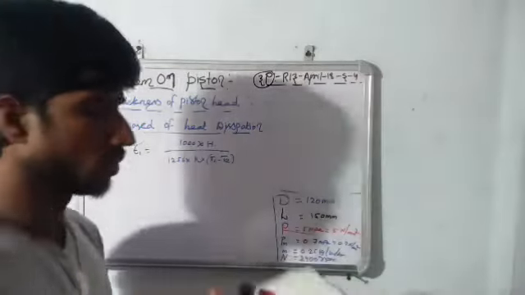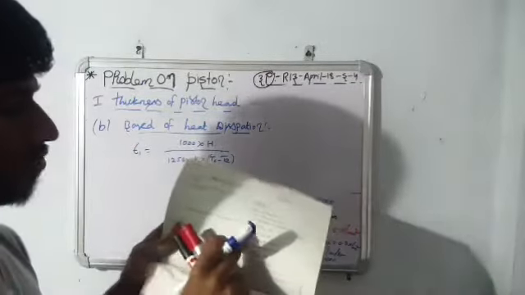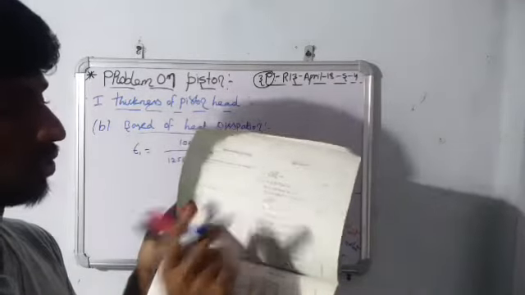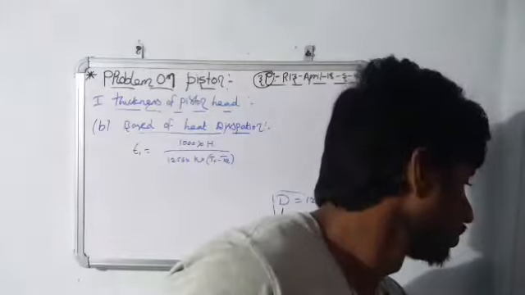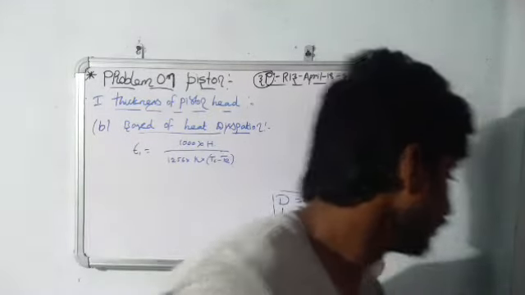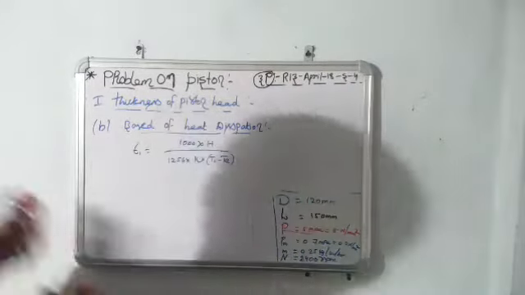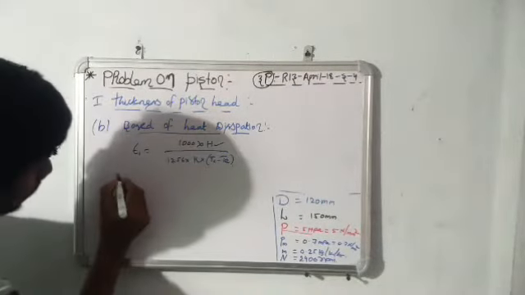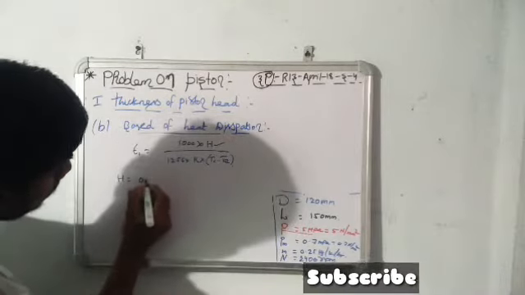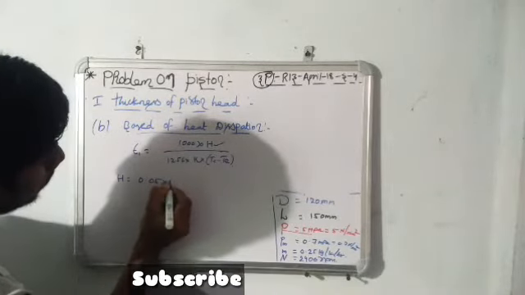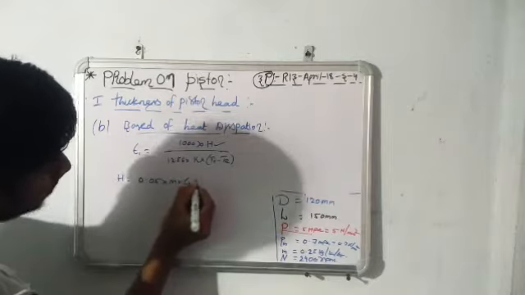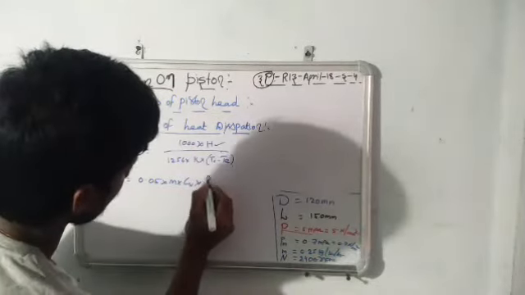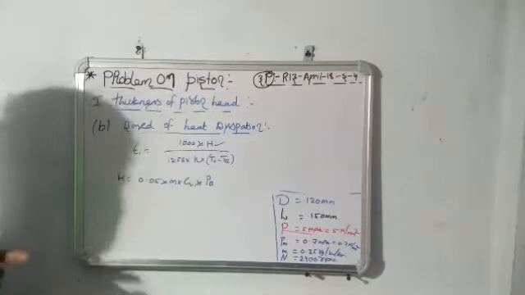Go to the design data book. So this is the formula to find out the thickness of the piston head based on the heat dissipation condition. So let's see that one. Here H indicates the heat flow, that H equal to 0.05 into M into CV into PB. So this is the formula.